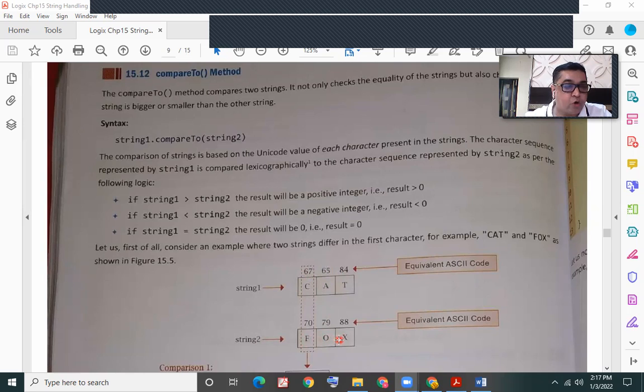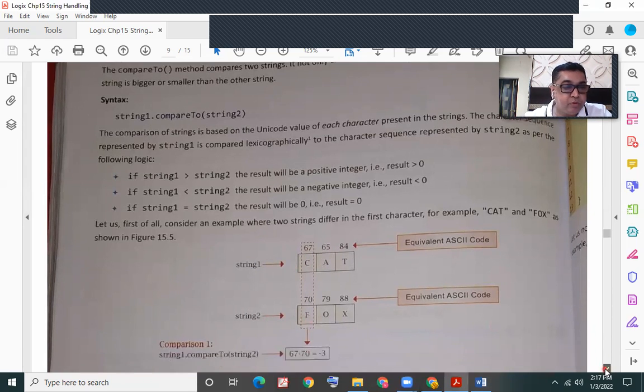And similarly for fox. Now the computer will start comparing. When it compares string 1 with string 2, it will start comparing the first character C with F. I repeat, it will compare the ASCII code of C with the ASCII code of F, and they are not the same.